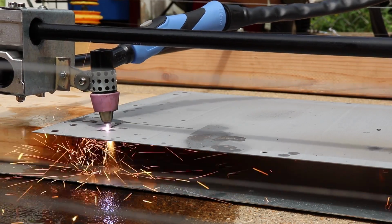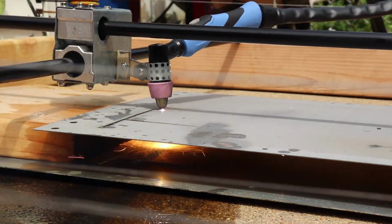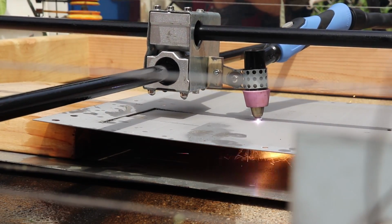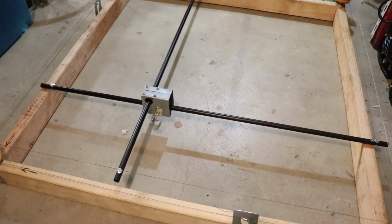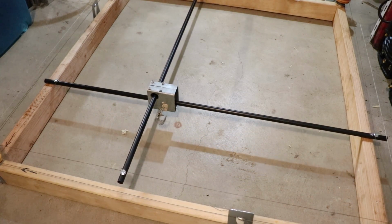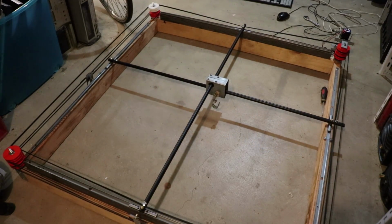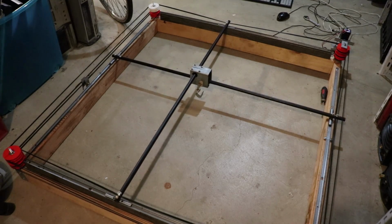This project has been slowly developed and improved on over the course of 6 months, and even though it does cut metal, I want to let you know that you will be watching this machine change a lot. So in other words, take what you see here with a grain of salt. There are many ways of doing something, and this is just how I built my machine the way I saw fit at the time. Also, this video is focused on the computer-controlled frame that you will see me build,